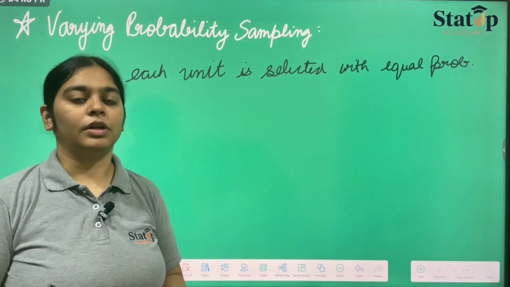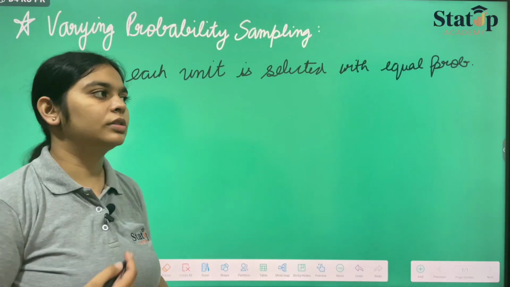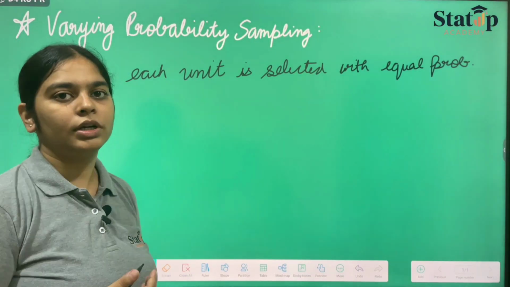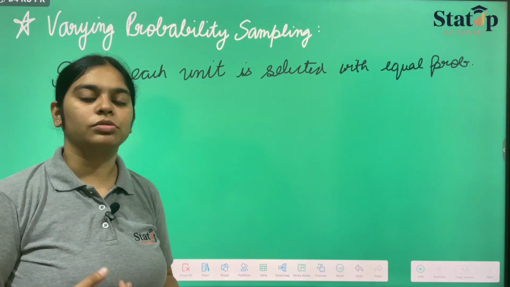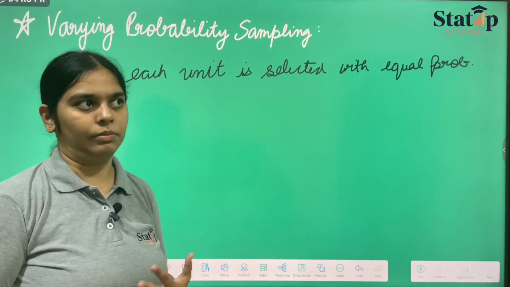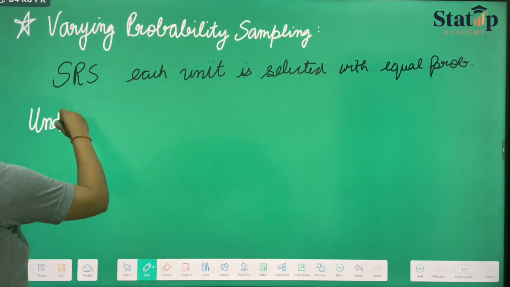The probability of selecting every unit in the sample is equal. Suppose we are selecting ith unit, then it is 1 upon n. If we are selecting second unit, then also it is 1 upon n. The probability remains same. But under certain circumstances,